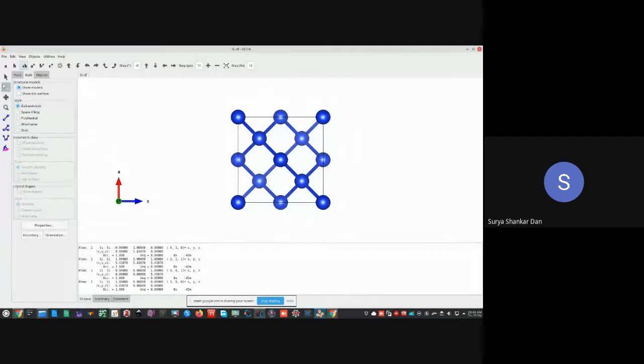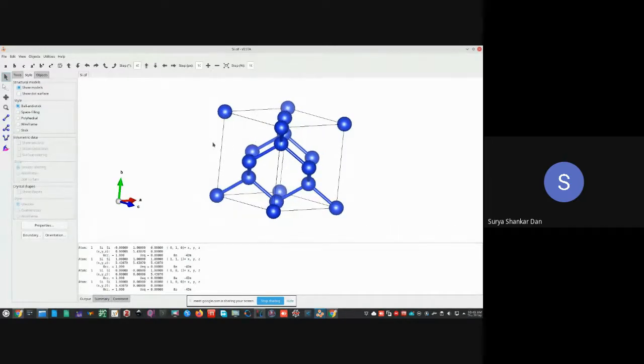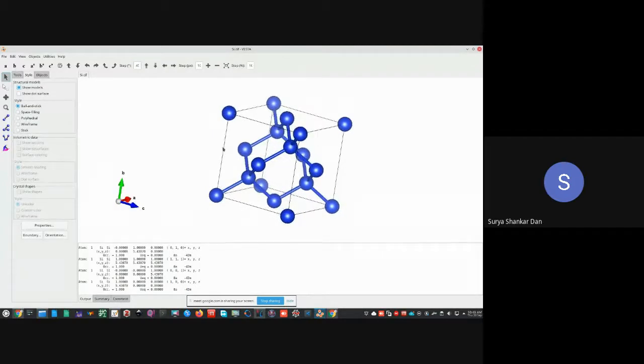Okay, now, for the diamond cut, so to speak, I had removed the extra atoms, right? So now what I will do is, I'll keep these atoms and try to visualize the atoms